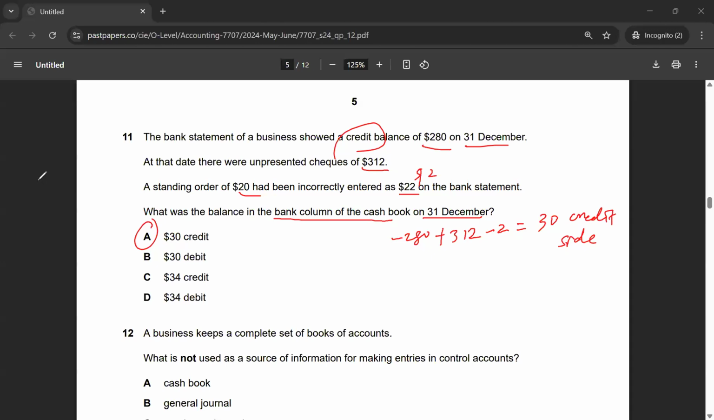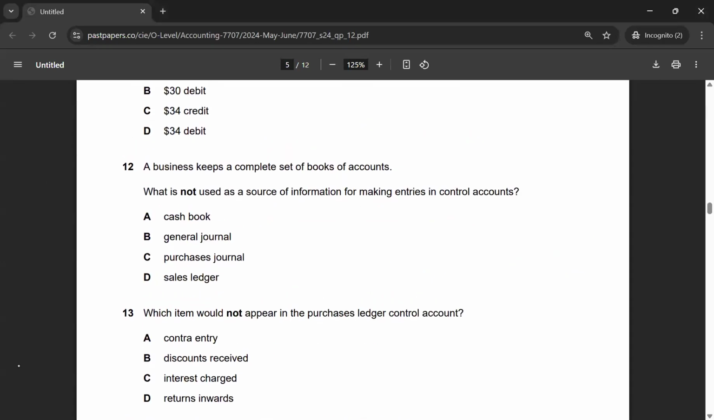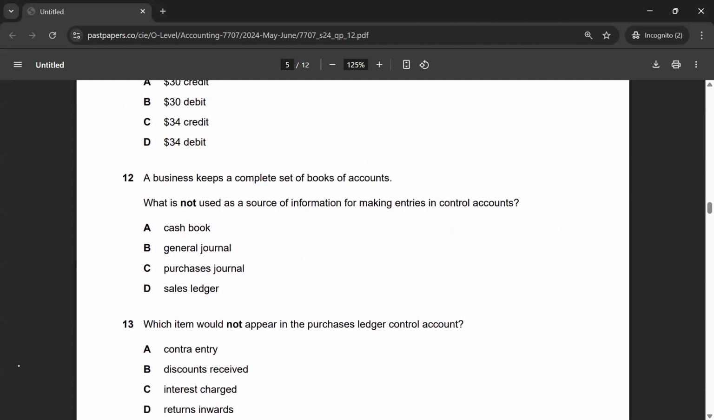Let's look at multiple choice 12. A business keeps a complete set of book of accounts, which is not used as a source of information for making entries in control accounts. Because control accounts are used to check for arithmetical accuracy, they're not going to use the ledger information from the ledger, because the ledger is the second or nominal